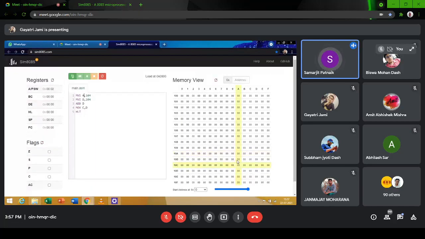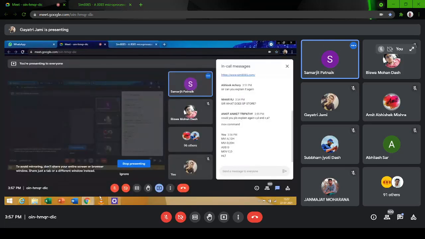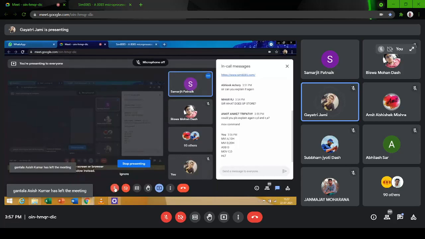Build is the first green button. So assemble and load. Okay, good. Then go step by step again. Next, next, next. It is working, right? Yes, sir.